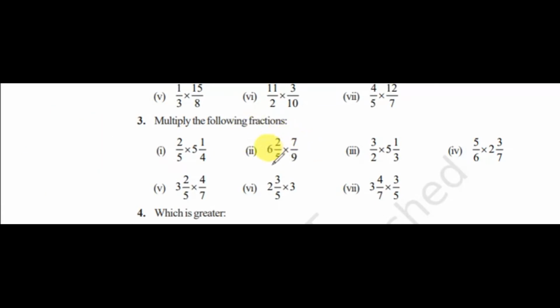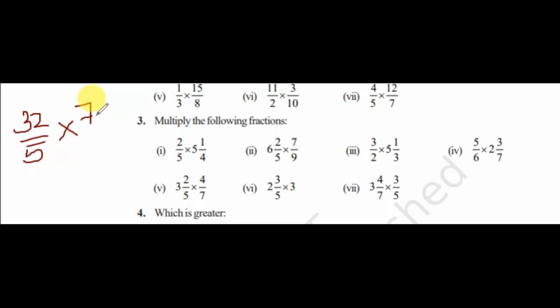Question number 2, this again is a mixed fraction. So first we will convert it into an improper fraction. 5 6s are 30, 30 plus 2 is 32, so 32 by 5